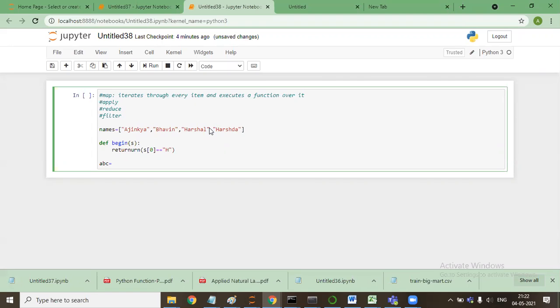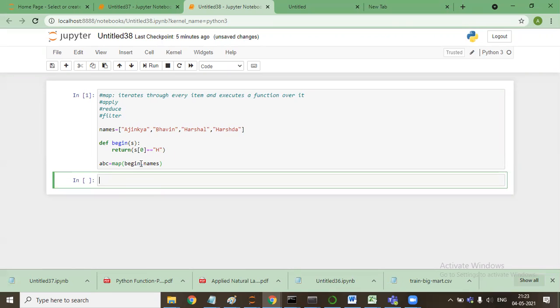Now I'll say ABC is equal to map. Now I want to apply this function begin to all the names I have. I'll say begin, and where I want to apply, I'll say names.